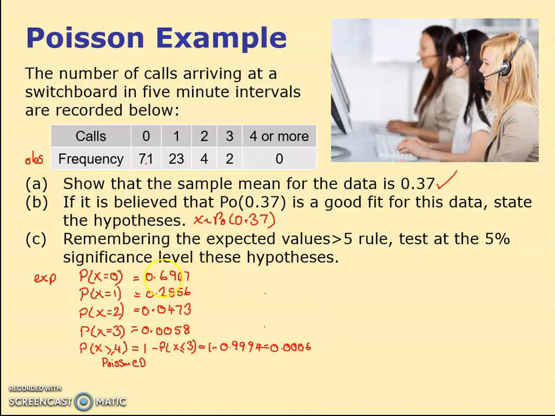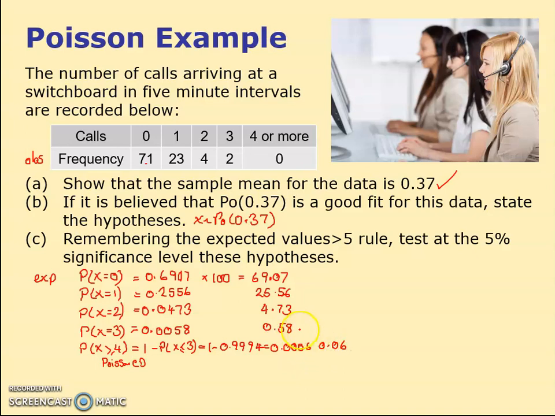Now, as I say, these are not frequencies, these are probabilities. So to get the frequencies, we have to times by the number of things up here. If you add them up, they add up to 100, luckily. So I can times all these by 100, and I get the frequencies. This one's 69.07. This one's 25.56. This one's got a very small 4.73. In fact, these are all quite small. This is 0.58. And this one's a ridiculous